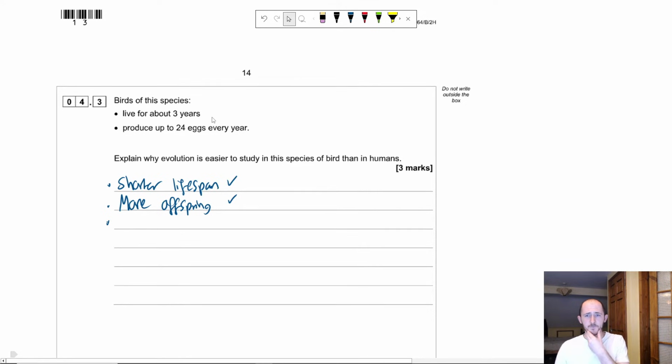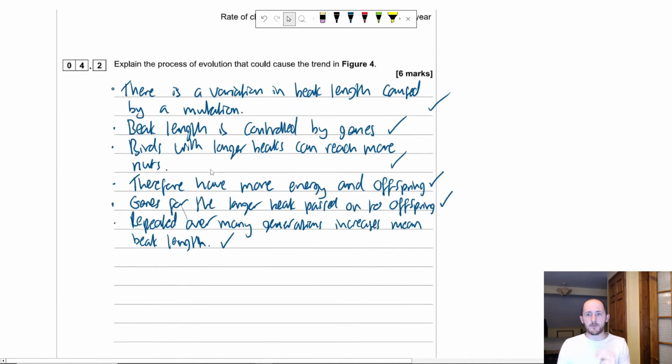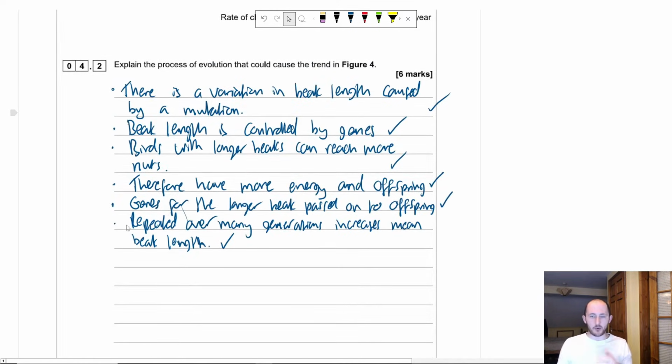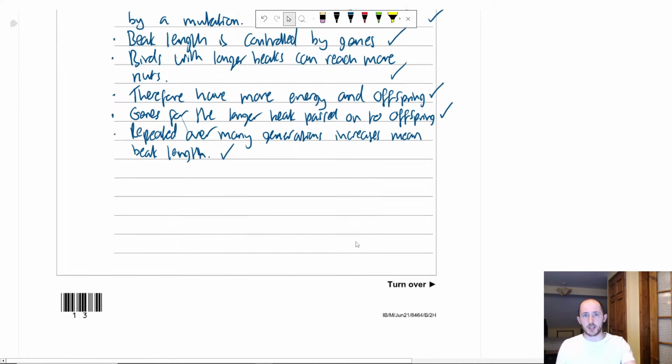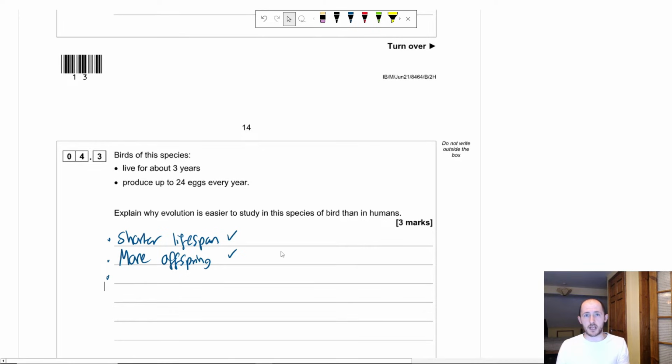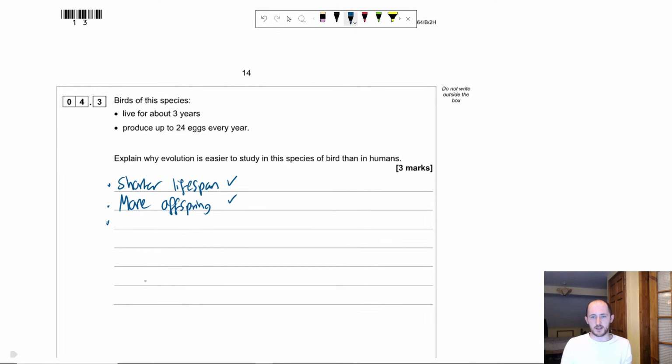for 3 years. So the third mark, and this is the grade 8, 9 stuff, is saying, why is this good? Well, again, remember that in order for us to see any difference, it needs to be repeated many, many times. So if you have more generations and a shorter lifespan, it means the genetics change faster. Right, so the genetics of the population